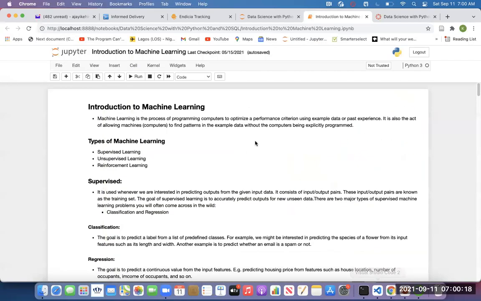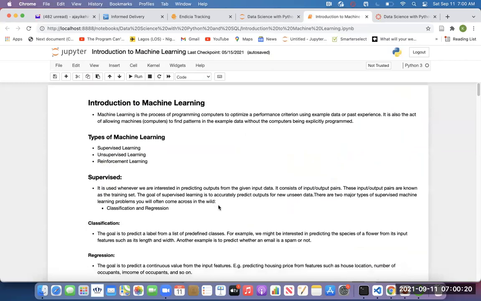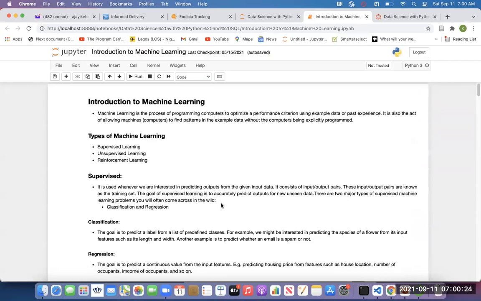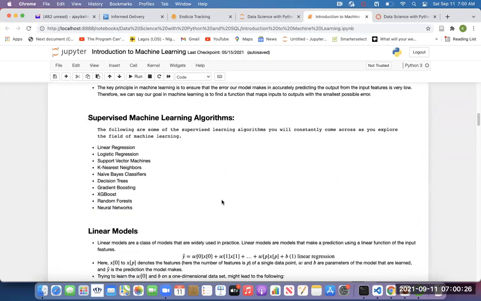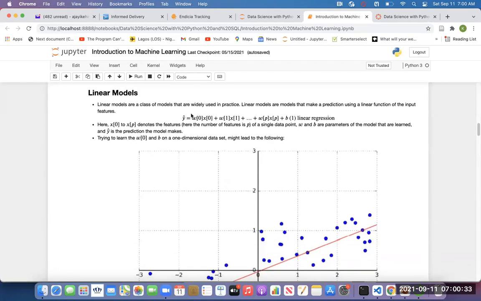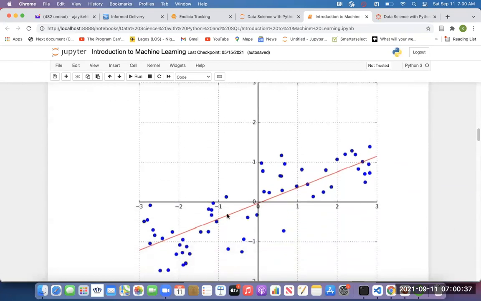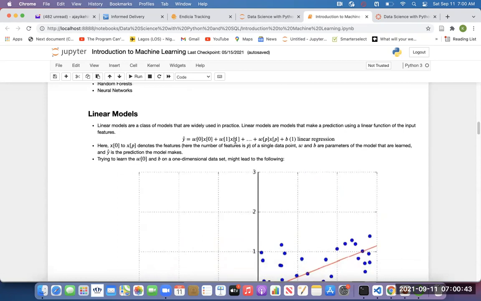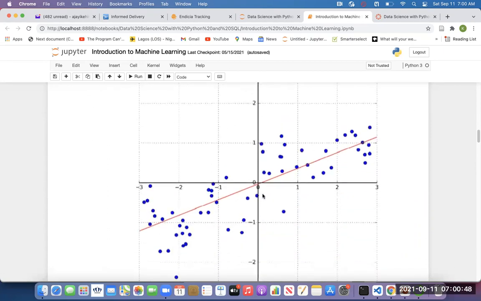Okay, so let's see. All those concepts are also in the notebook that you have, so I won't go over them. So this is the regression model I was talking of. This is the Y output, that's what you are trying to predict. In this case, that's the red line, this Y hat here. All the X that you are seeing, X of 0, X of 1, up to X of P, are the variables in the data.